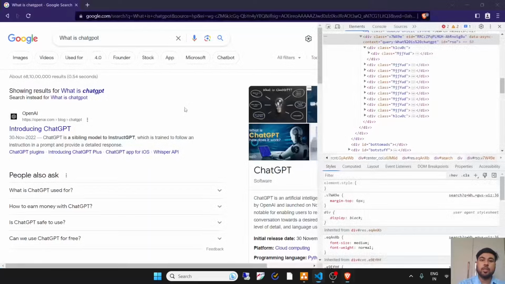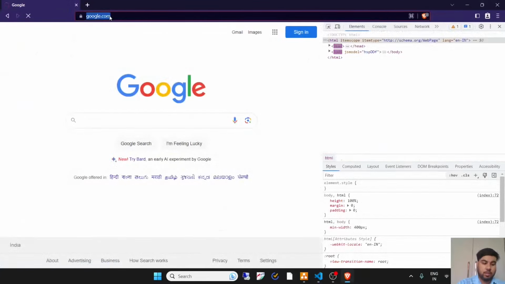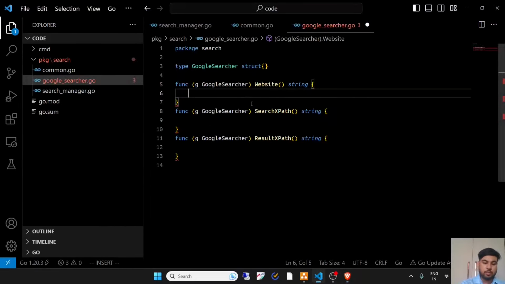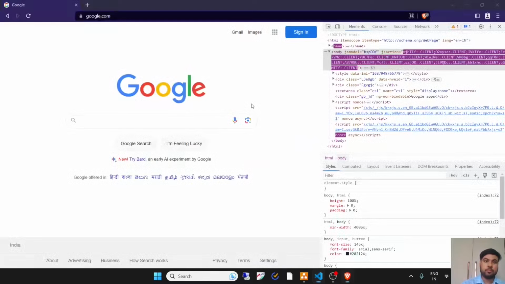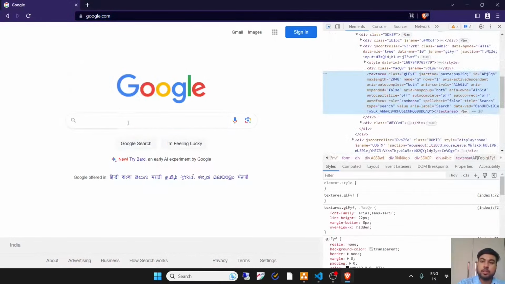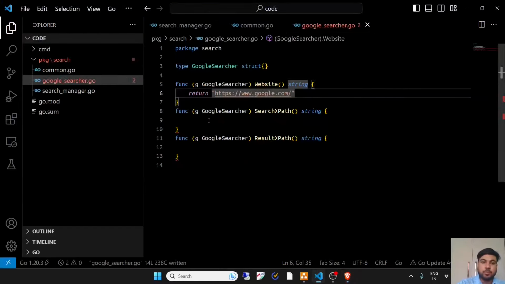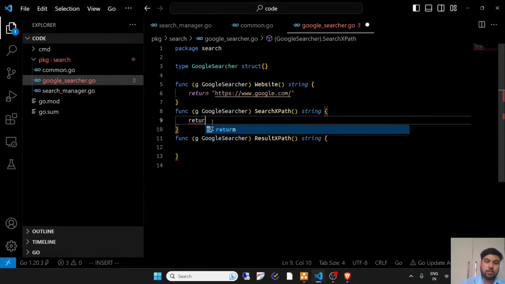Now as for the website, I'll just copy this and return this. And as for the search XPath, I'll copy the full XPath and return it.